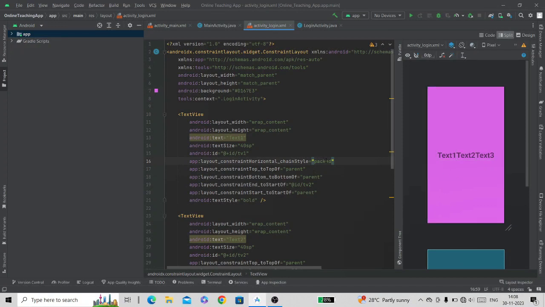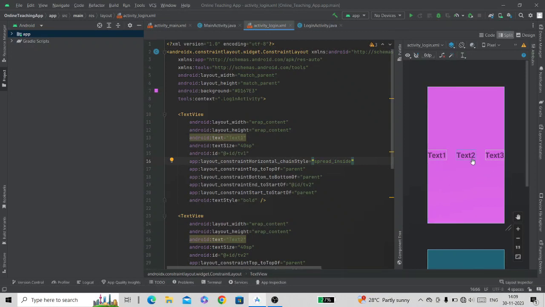When we use spread, the views get spread evenly in the horizontal direction. Along with that, if we use spread inside, the first and the last view align to the parent, and inside that all the views distribute evenly, as you can see in this screen.